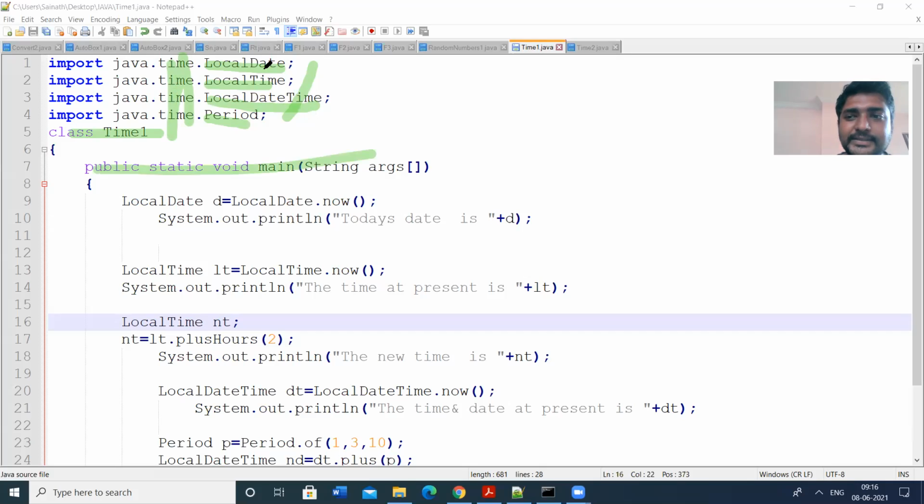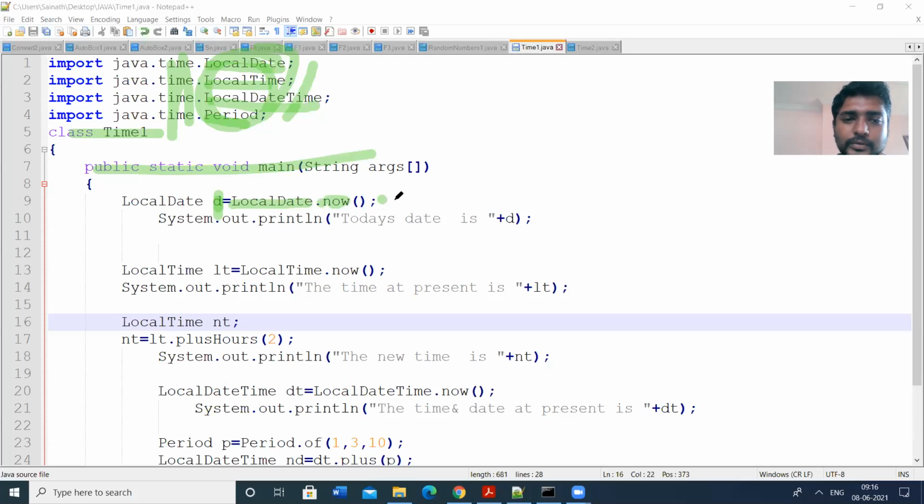In order to access some methods in these classes, we need an object. So I am creating an object D of type LocalDate. LocalDate is a class name. D is equal to LocalDate dot now. Now is a prefix method. We can add this to the existing class also.